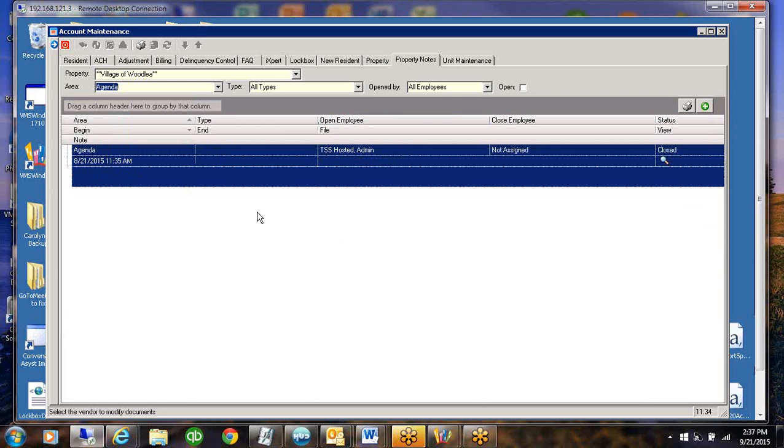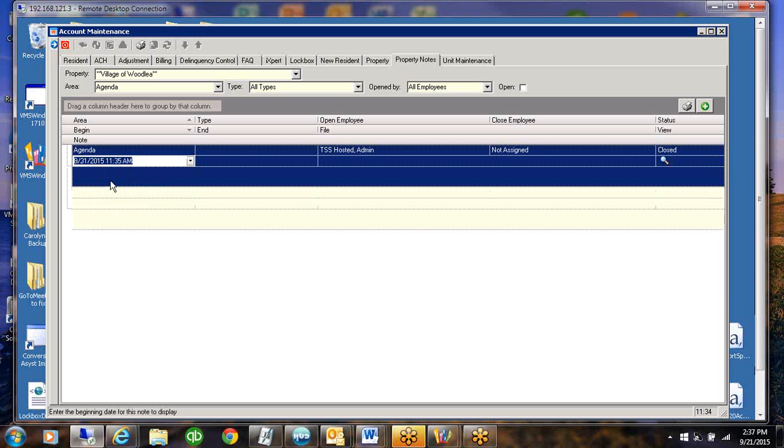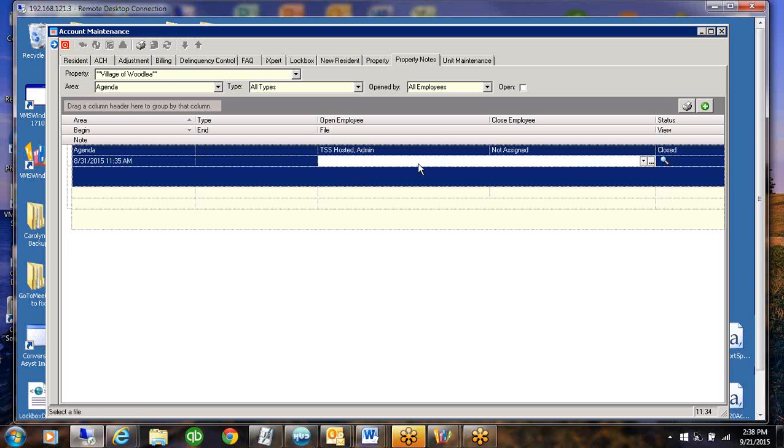So if I created an agenda out of Word and I attached it here and I date it for the last month, because remember the date period it's going to be looking for is August. You know, if I was doing it today, because it's going to go to last month. And I add a document here. So this one, it says file, so you can drop and drag it, or you can hit this dot dot and go grab it. Anything that is on this tab that is agenda in that date frame will get included